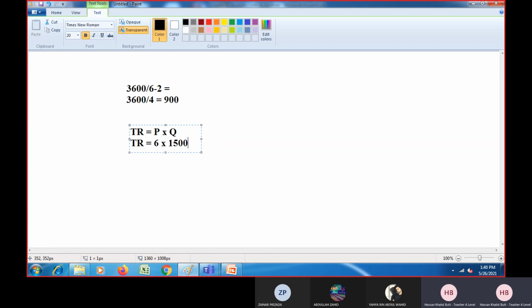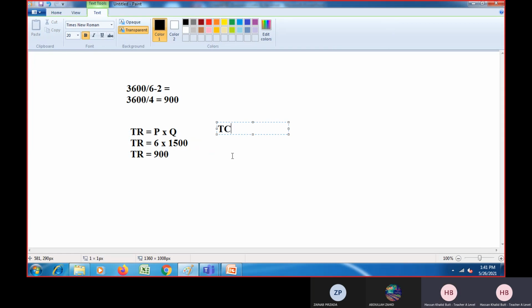1500. Okay, because they are talking about what will be the profit at 1500 meals. So we'll first find out the total revenue. So total revenue is equal to 900, right? Then we'll find out the total cost